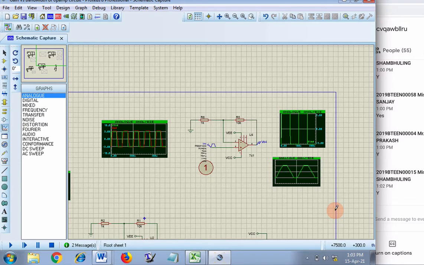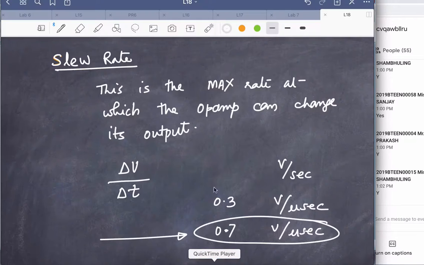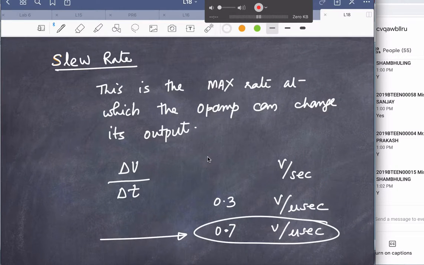So we talked about the input offset voltage compensation. Then we asked you to refer to the book for some sample calculations, and then we went through the bandwidth simulation. We observed that when the gain increases, the bandwidth of the circuit decreases. Then we talked about the slew rate, which is the maximum rate at which the op-amp can change its output. This much we tried to understand today. I hope few of the things you might have understood. So please ask any difficulty if it is, otherwise we'll take a pause.